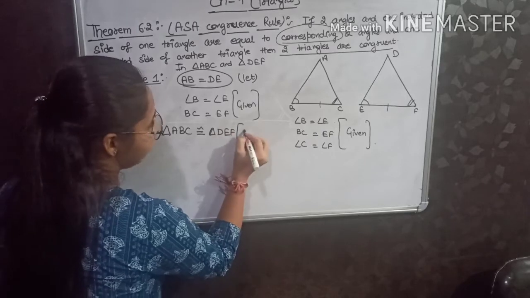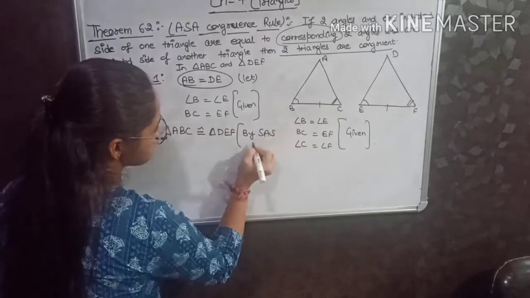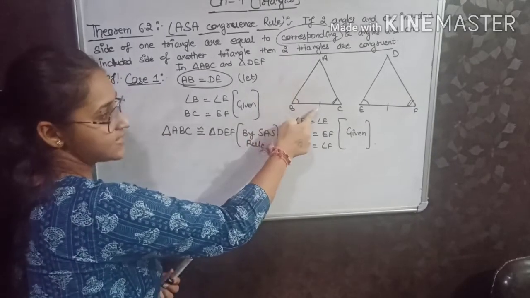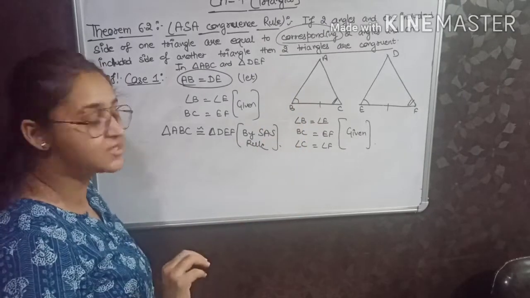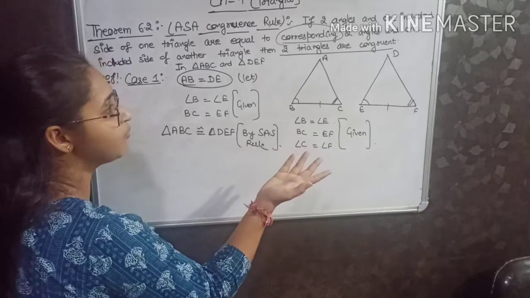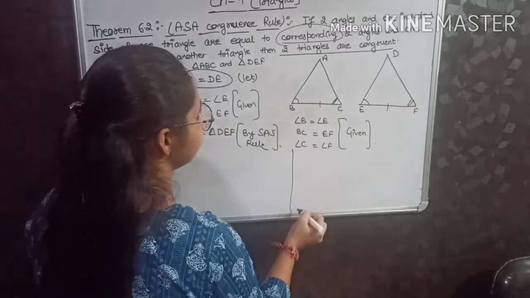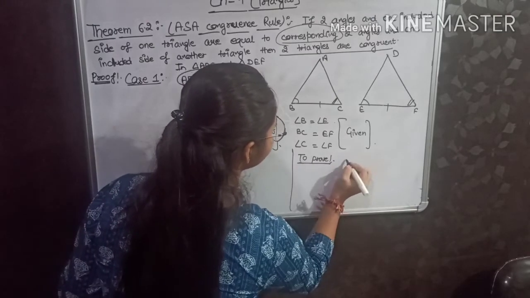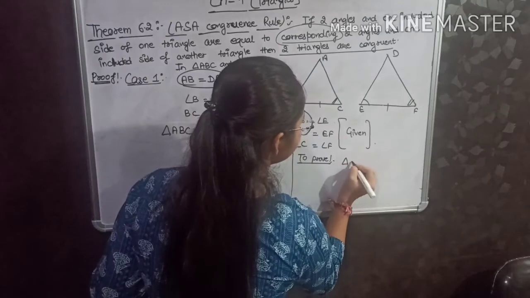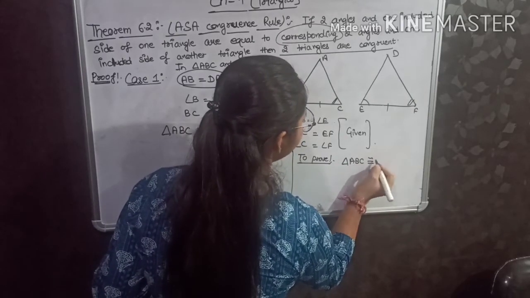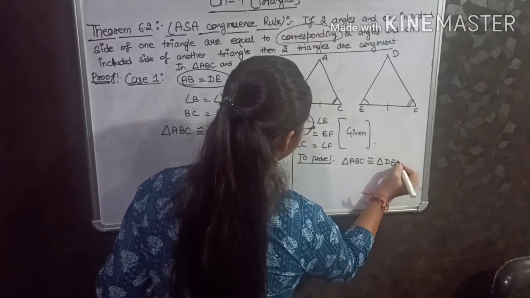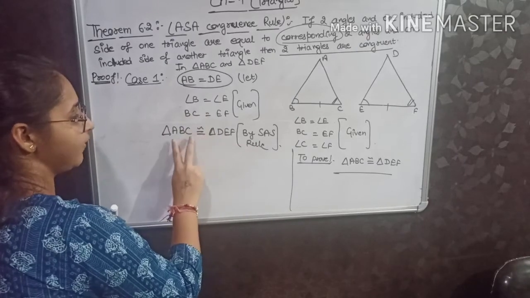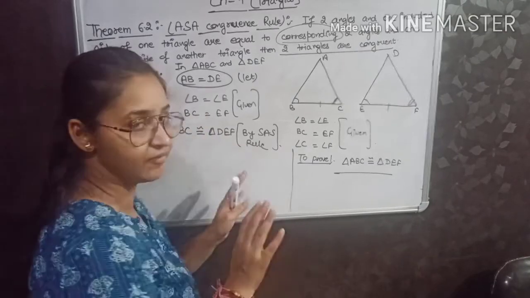And the reason is by the SAS rule. SAS means two sides and one included angle. So the first case is done. It means we have proved what was to prove, the main motive of our theorem: triangle ABC is congruent to triangle DEF. Okay. Now this is the first part. This is the first case that we have proved, triangle ABC is congruent to triangle DEF. This was the first part. Now